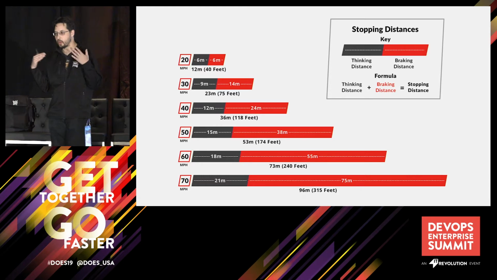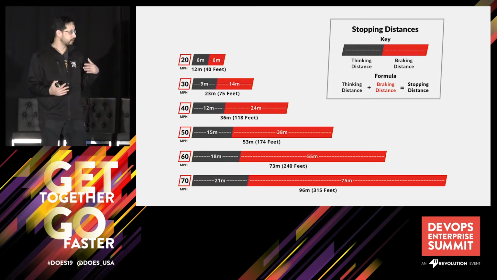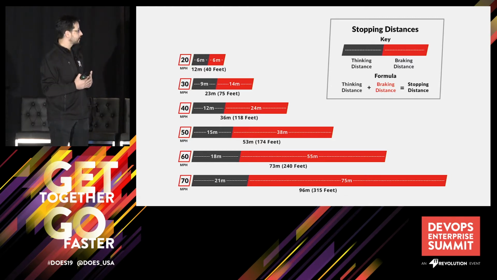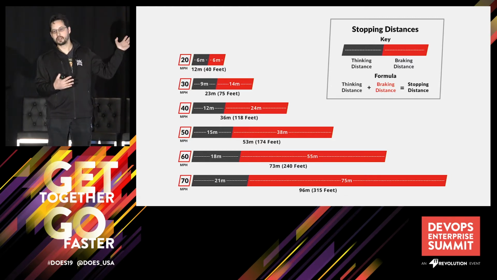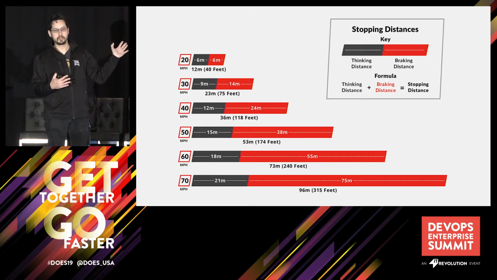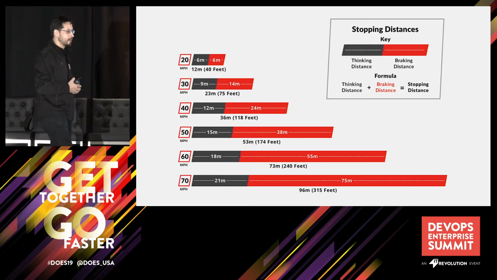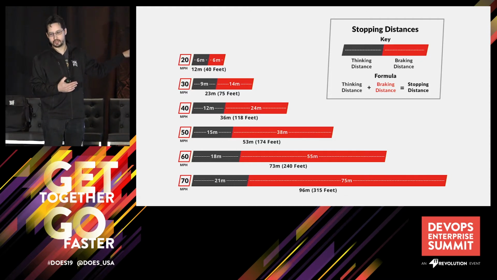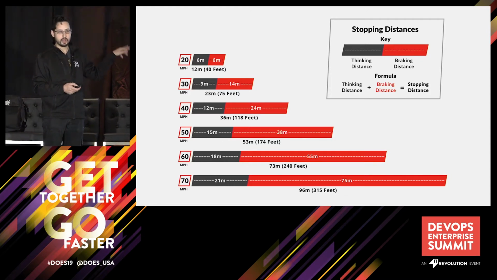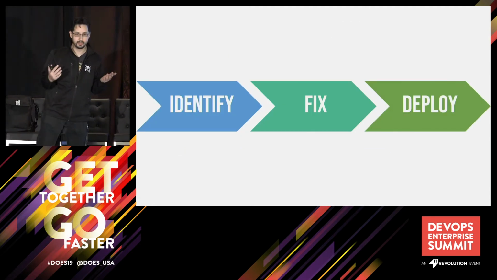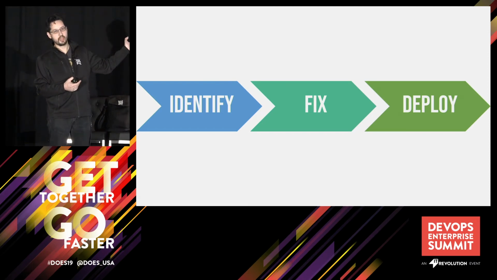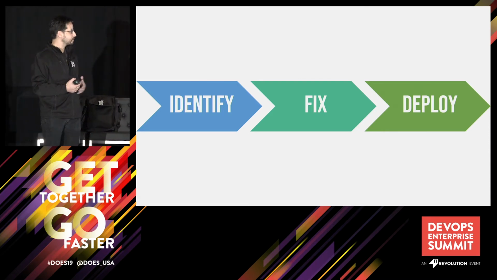One of them is a thought process, so it happens pretty much linearly as you have to stop at shorter distances. The other one is a mechanical process. The faster you're going, the harder it is to stop a big hunk of iron. And when you add these two up, this is the actual stopping distance that you need to stop your car. You can think of fixing software as a very similar process. First, you identify that you have a reason why you need to update. Then you fix the issue.